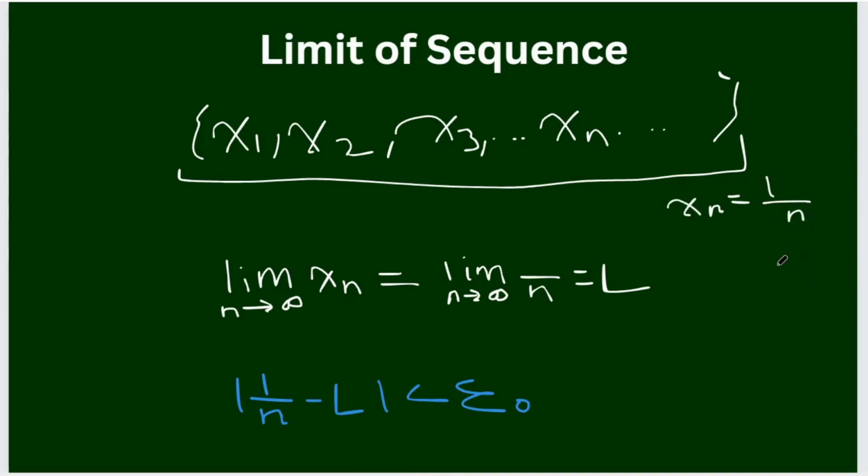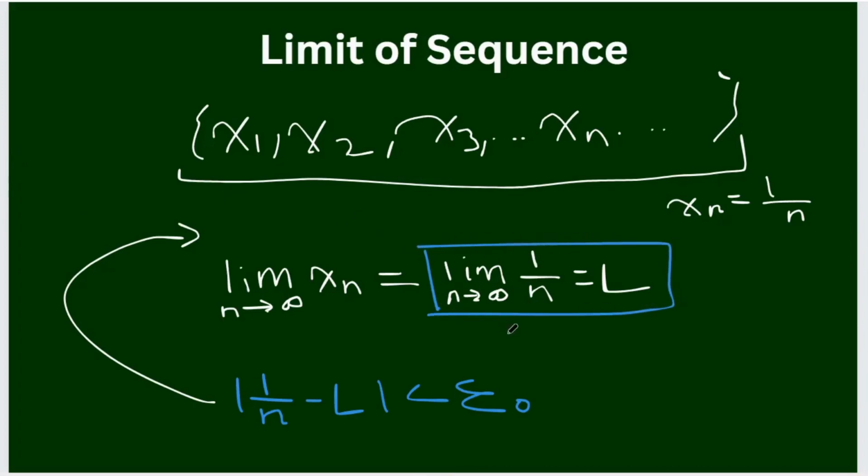So here, if we solve this inequality, what is the limit L equal to? If you take a look at this part, it's 1 over n here. So what is the limit of 1 over n as n approaches infinity? Well, that's 0. L is equal to 0, right? So L, in this case, will be equal to 0, so therefore, we're solving the absolute value of 1 over n is smaller than epsilon 0.